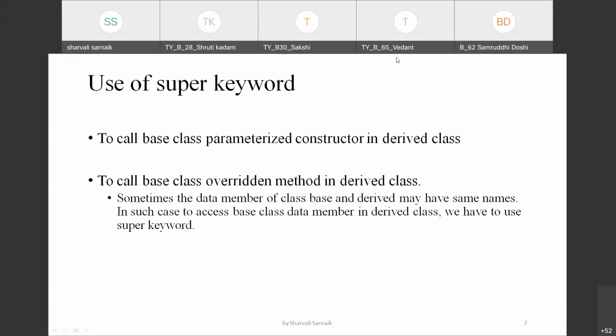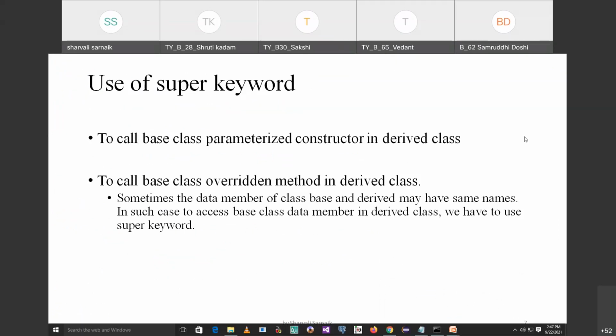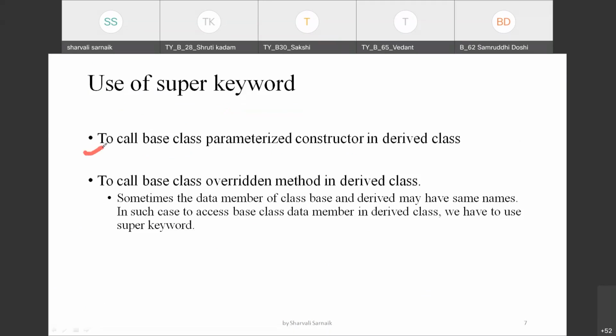Now next we are going to see the use of the super keyword. As we have already seen what the super keyword is, the use of the super keyword is to call the base class parameterized constructor into a derived class, as we have seen in the parameterized constructor overriding.